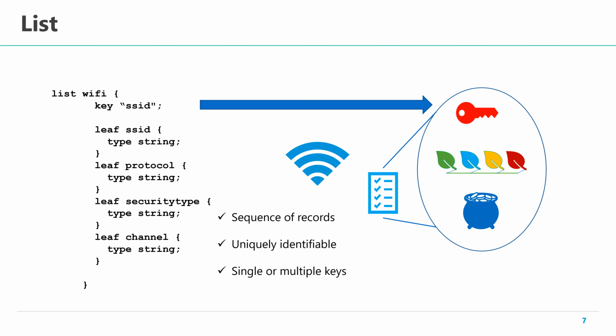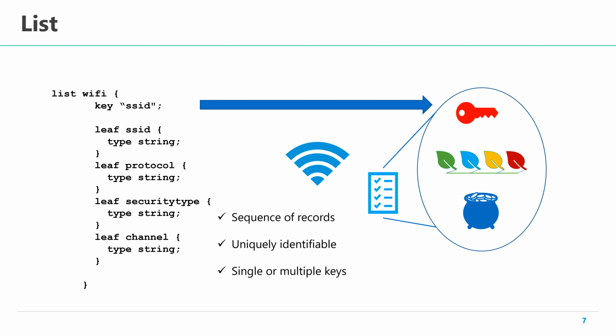The last data node type that we will see here is the list. As briefly explained earlier, each row in the list has a key. To explain this, I take an example of Wi-Fi. Each Wi-Fi hotspot is identified uniquely by its SSID. So here in this list, I define the key as the SSID and I make it a string. Other than that, I am defining a few related parameters for a Wi-Fi point, namely the protocol, what type of security that you are using, the channel number that gets used. The list can go on, but for explanation purpose, we will stop here.